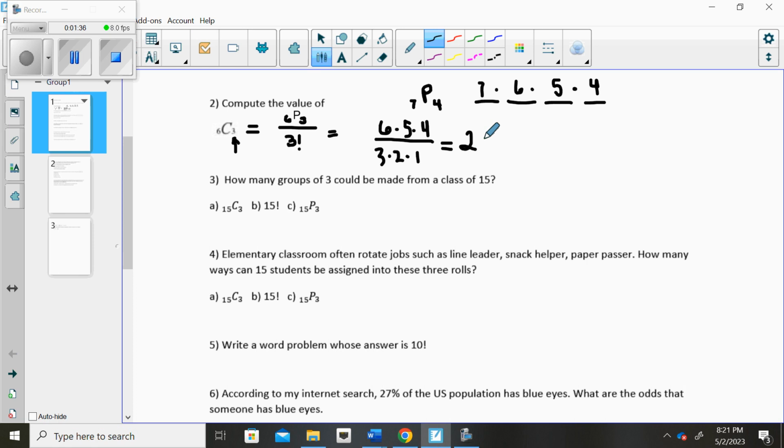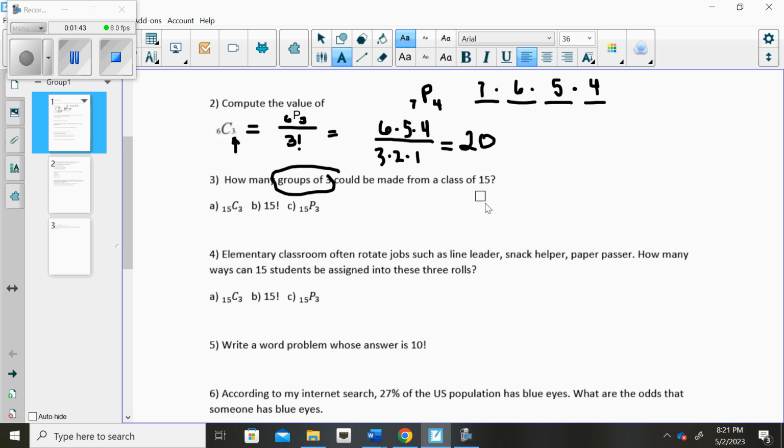In number 3, when we're talking about groups, if I had Bob, Bill, and Sue, and they're a group, it doesn't matter how I arrange them if I'm talking about a group. Other keywords for combinations are a lot of C words. If you're making a choir, that's just a grouping, or a committee,